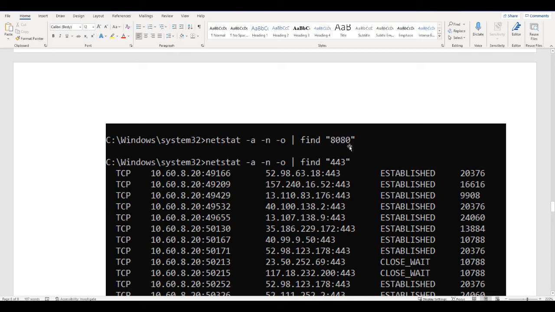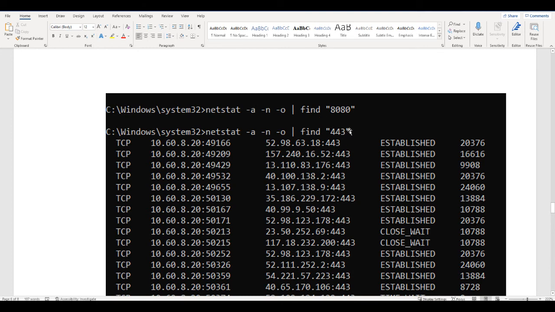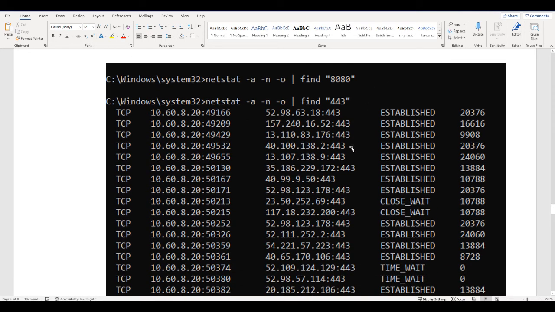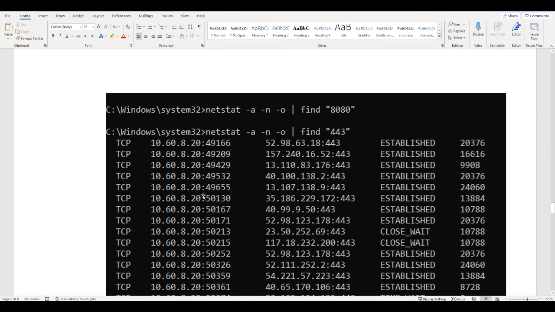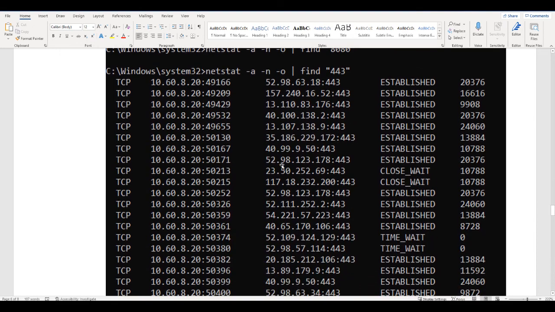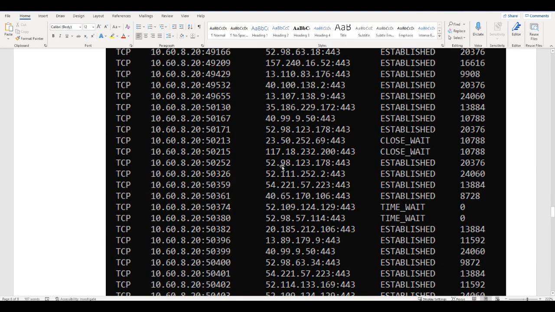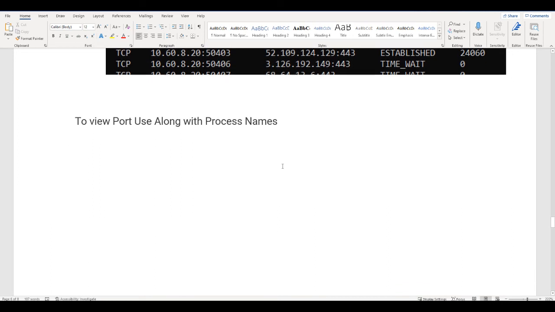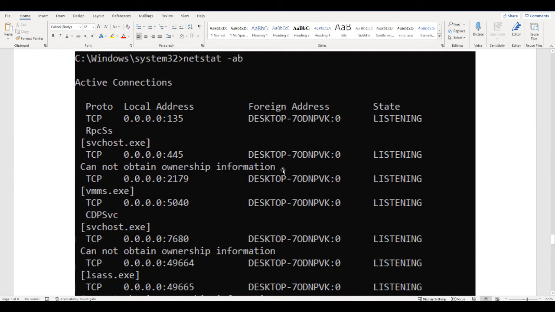You have to type the port number. I'm trying to search for port 8080. When I type this command, I found there are no programs using port 8080. So I tried to search for port 443. On my machine there are many processes which are using port 443. These are the IP addresses which are using port 443. But I want to know which process the port is using. Then I have to type